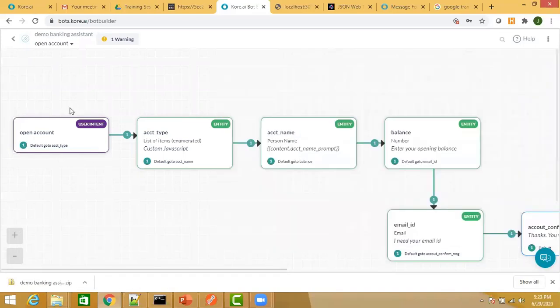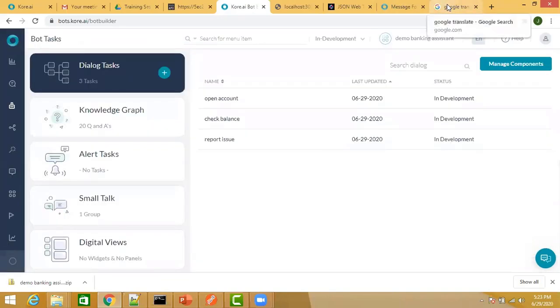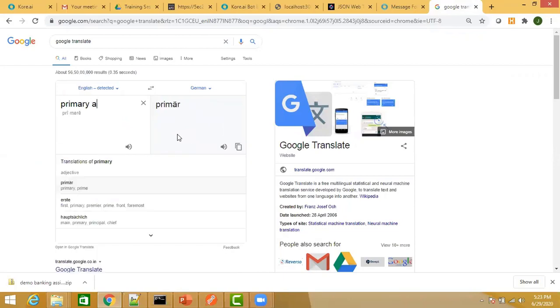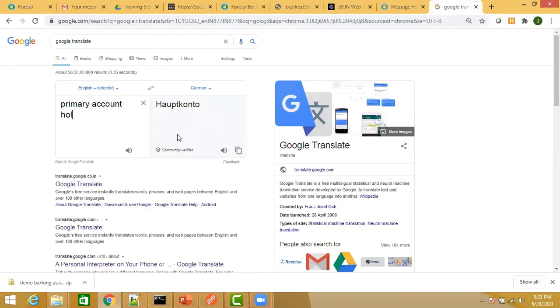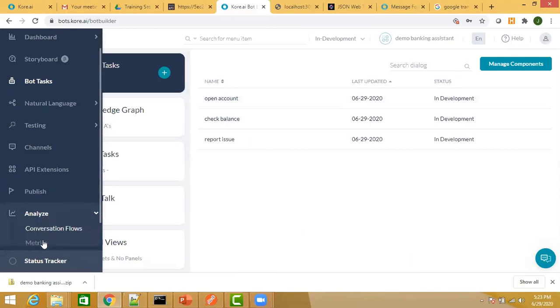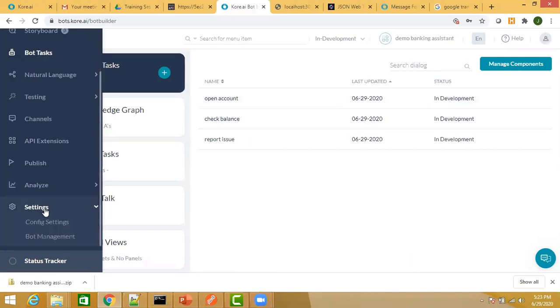Okay, so now if I change this particular message in the German language, something like this, the advantage is, just open your variables.